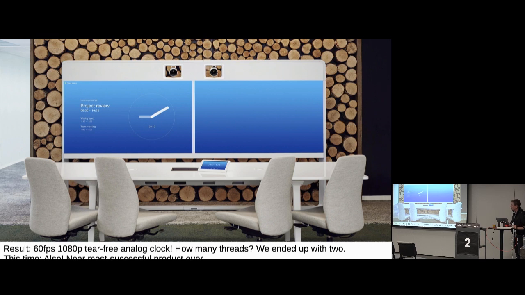This is how it looked in the end. I think that's pretty awesome, because it's a 60 Hertz analog clock, spanning 2 screens. And how many threads did we end up with? That's a pop quiz. 2. But this is actually also a key point that I have, and that is that it's not that we just got 2. It's the fact that we managed to do dual screen 60 FPS graphics with only 2 of those cores. And I think that that's the learning point. It's not that poor us. It's that by doing this, we freed up resources on 34 of the 36 cores that were on that platform to do other things.